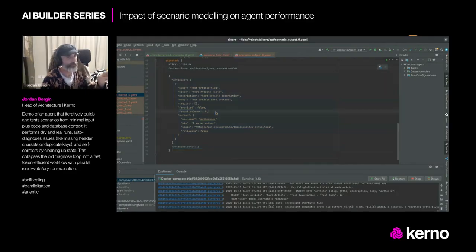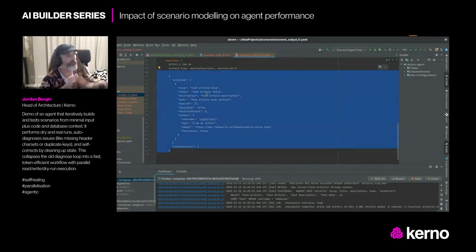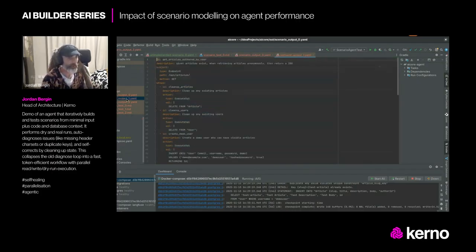So I don't know if you remember that we had a bit of a problem with non-deterministic fields, like timestamps and generated IDs, that you could not put a static value in here for. So the way this works now, and the agent has this context, is just leave out those fields. We're just checking that this response is strictly a subset of the actual response, because you shouldn't have to. And if it gets that wrong and finds out that it's not deterministic, it'll just strip the field out and go again. And it's done the same for the other scenarios.